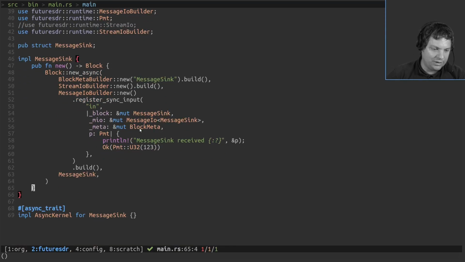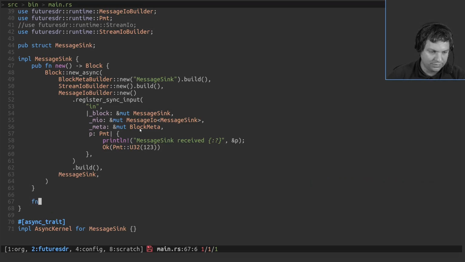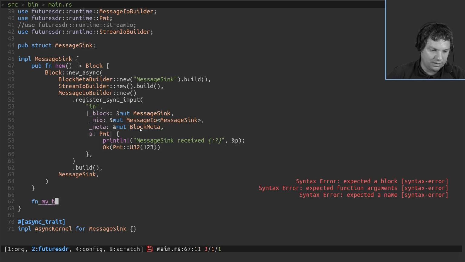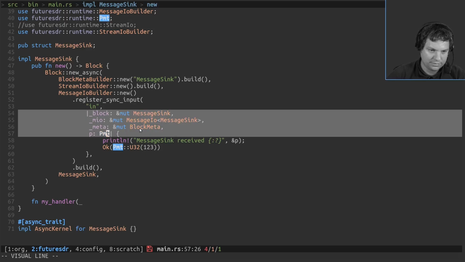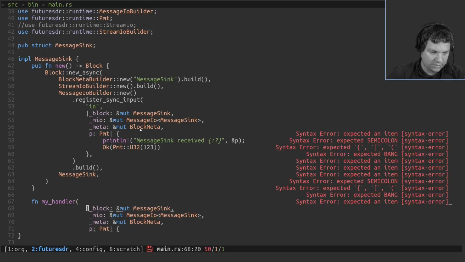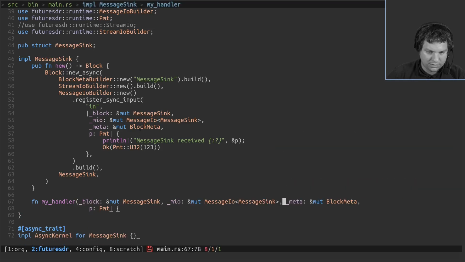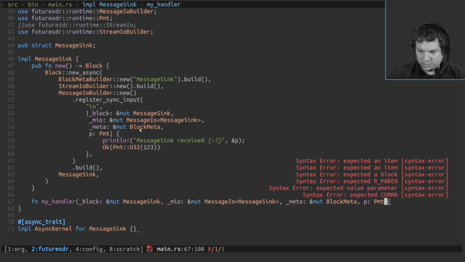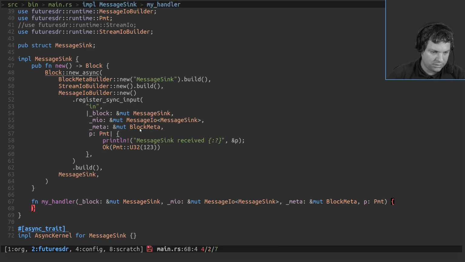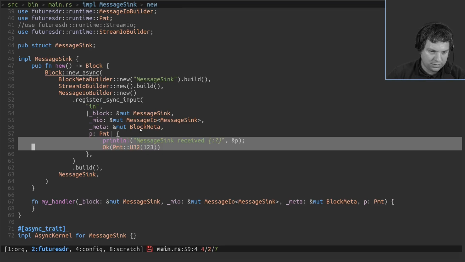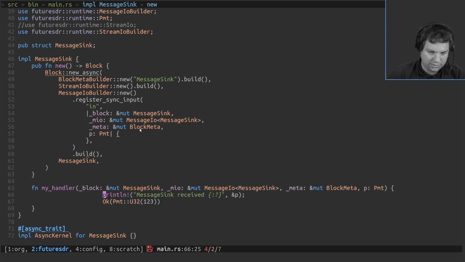Yeah, if maybe you don't like the way this looks or the handler is there, you could also make the handler a function like my handler, and then have these parameters here and do this in the function.